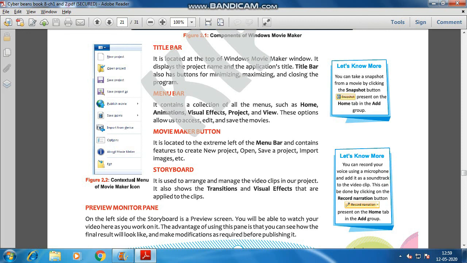Now you can see on the screen, on the right side, we have some boxes where more information is given to us. This one is related to the snapshot or screenshot you can take in between. So let me tell you how to take a snapshot here.